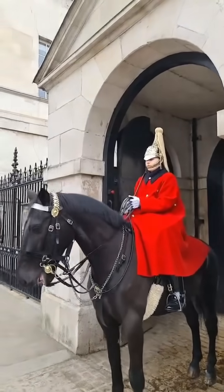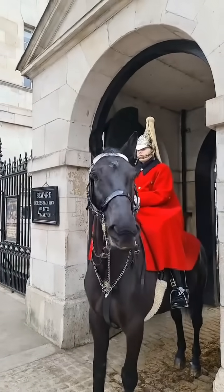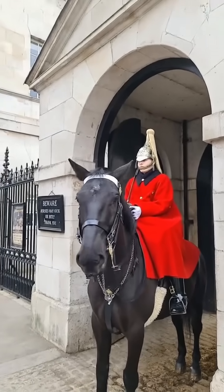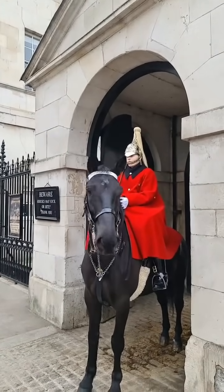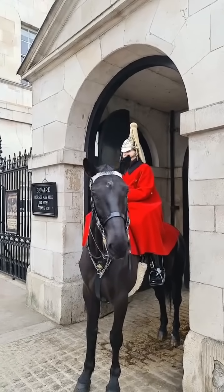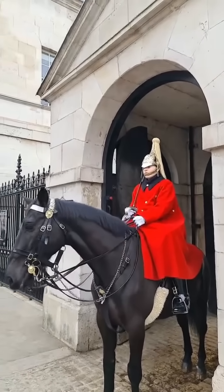I was a little curious about the camera. Warmblood cross. Stallion. Oh, beautiful, beautiful animal. Back a teeny bit in case I'm slightly freaking out the horse. I'm not too close, everybody. I know, I don't need to be looking down there. I'm not interested in the horse's anatomy. I'm just wondering if anybody can tell me, simply looking at the horse, the breed, and secondly, whether or not you guys...